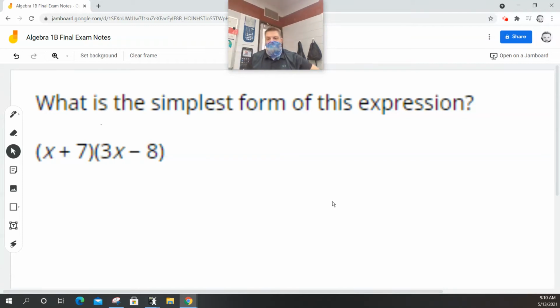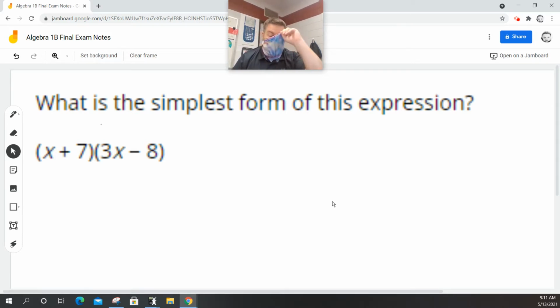All right, it says, what is the simplest form of this expression? So what am I supposed to do with this thing? Does anybody have any ideas? Yes. I can't hear you because of the mask, but I think you said something about distribute or multiply, and somebody